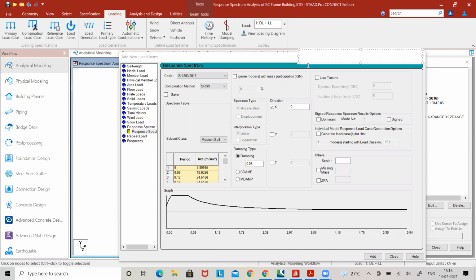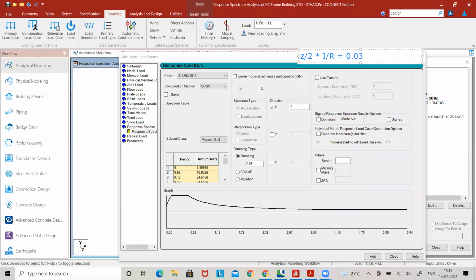that is A_k, that is Z by 2 into I by R. Whatever will be Sa by g, StaadPro will calculate automatically based on the seismic definitions we have given. So here Z is 0.36, Z by 2 into I by R becomes 0.036. Just a minute.